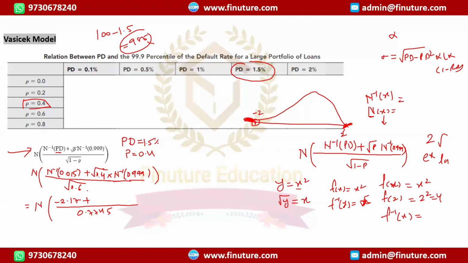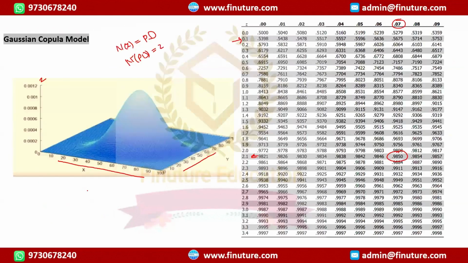In that case, you will see what 0.01 is, like that in the rows and columns, and you get the Z value. Since we call it N inverse, instead of looking at the rows and columns, we are looking for the value within the table. Since it's an N inverse, from there it's 98.5 and the corresponding one is 2.17. And the reason why we are making it minus is